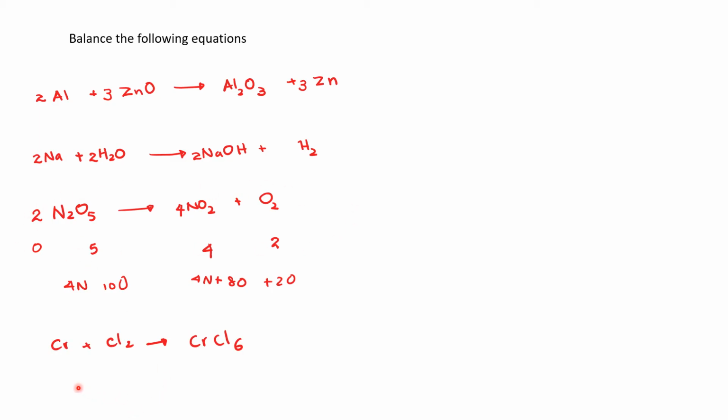In this case, we take chromium first, 1 chromium, 1 chromium, and you have 2 chlorines and you have 6 chlorines. So we are going to simply multiply this by 3. So this is your balanced equation. Let's do one more